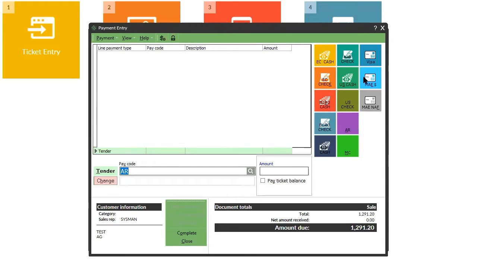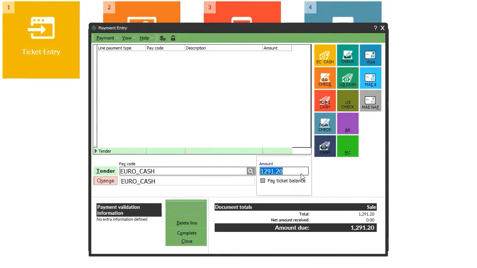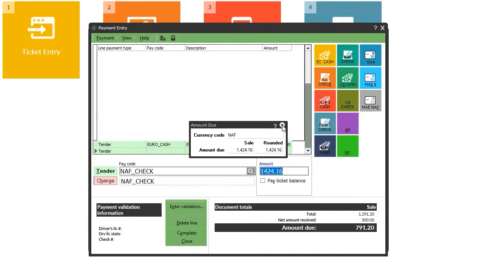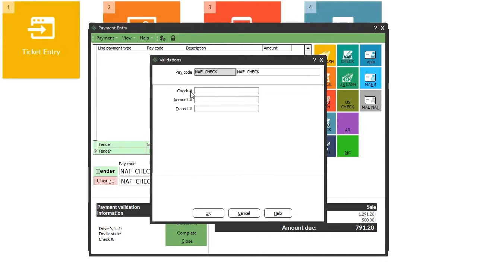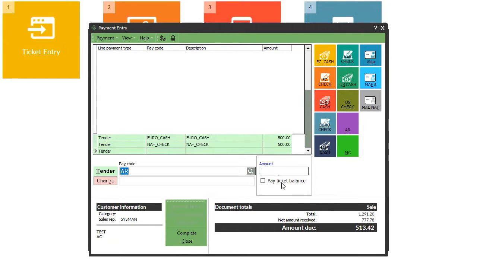It will ask you for how you're collecting the payment. If you're receiving 500 euros, and you're receiving a check of guilders, it will ask you for the check number and all details. And for the remaining, if the customer says put the remaining amount on my account,